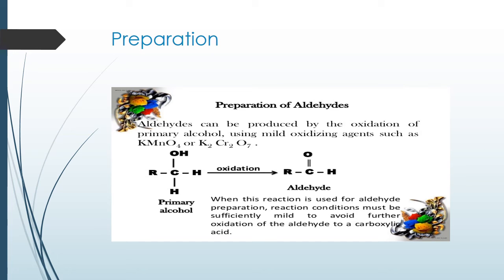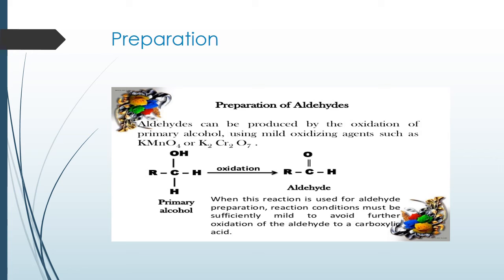Now the question arises. First of all, I have used a primary alcohol which undergoes oxidation and gives rise to the aldehyde. But the reaction condition is a very important point to be noted. When this reaction is used for aldehyde preparation, the reaction condition must be sufficiently mild to avoid further oxidation. If the conditions are not mild, oxidizing agents like potassium dichromate and KMnO4 can be used at